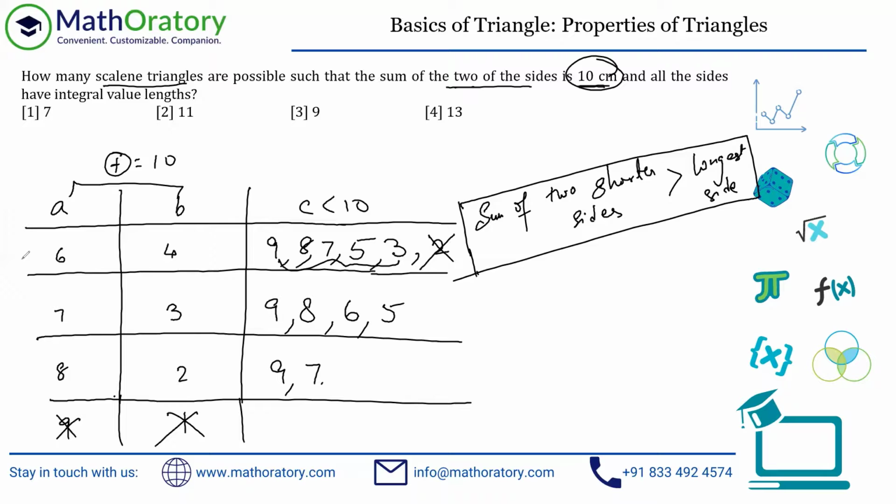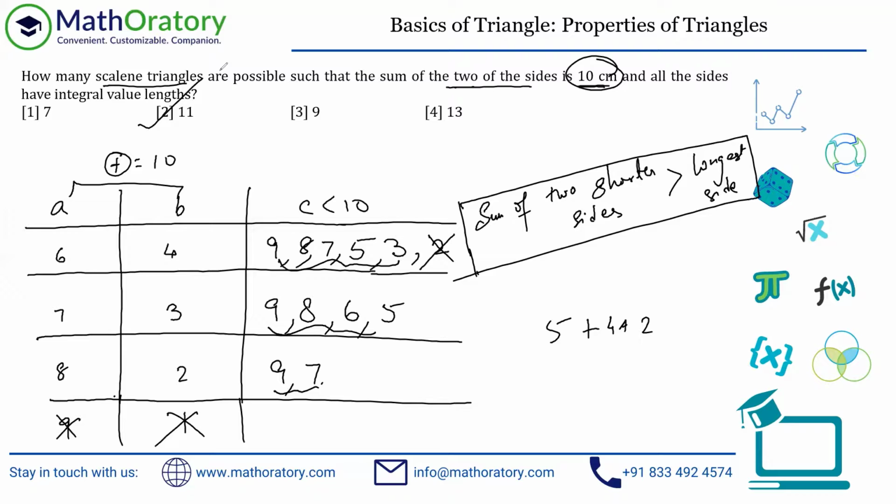Fairly, you will be confident after going through the values. If you're not, just order it once. Hardly it will take a bit of time. Just order it once and check whether you have double counted anything or not. But I hope the visual helps, because that will save a bit of time. So in this case, all these are different cases we are getting. There are 5 cases in the first, 4 in the next, and 2 in the next. So a total of 11 cases. So 11 such triangles can be formed.